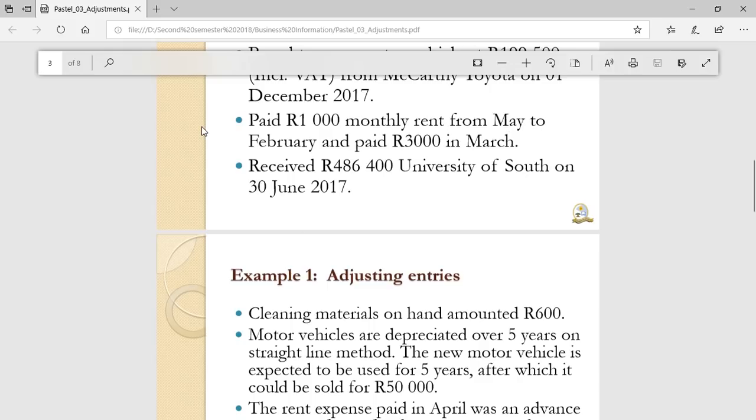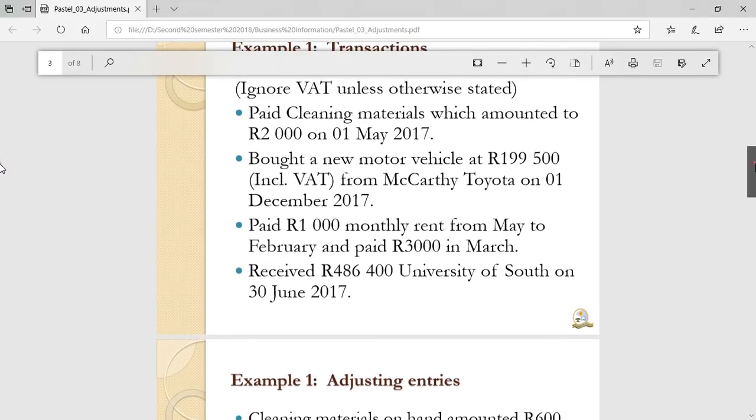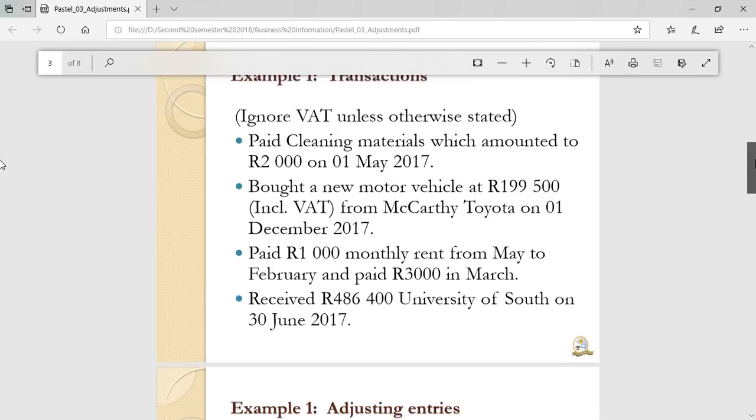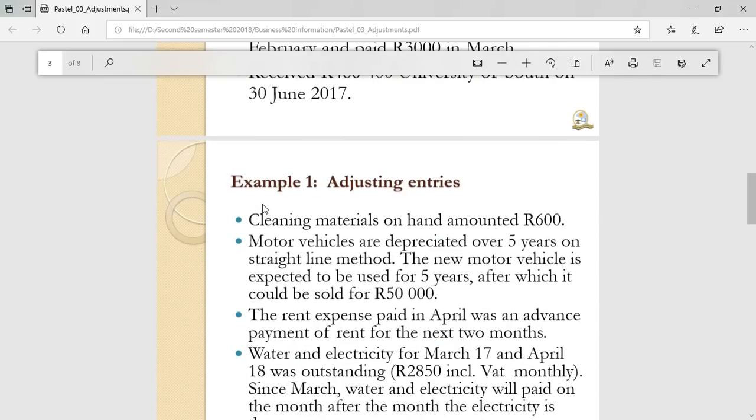In today's video we'll be dealing with adjusting journal entries, or how to prepare adjusting journal entries on Pastel version 18. In our last video we dealt with adjusting journal entries, but we only dealt with 2 points, which are paid cleaning material and bought new motor vehicle. We first recorded the two transactions and then did their adjusting journal entries, which are cleaning materials on hand and the depreciation